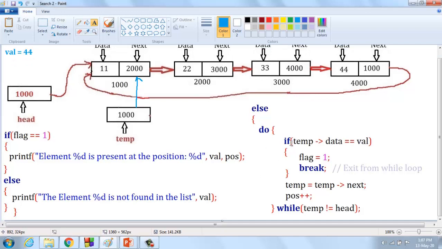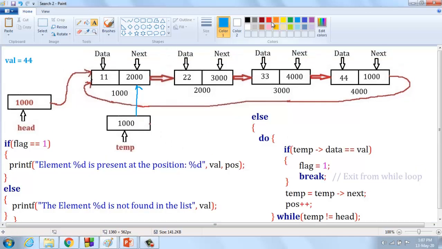So do means they have to enter inside the looping structure. If temp of data, what is temp? Temp is 1000. Okay, 1000 of data is 11. Alright, 1000 of data is 11. Here 11 equal to